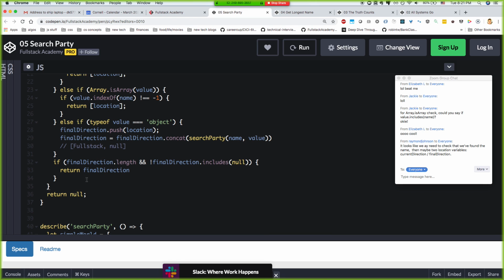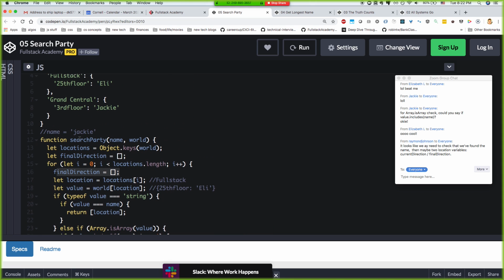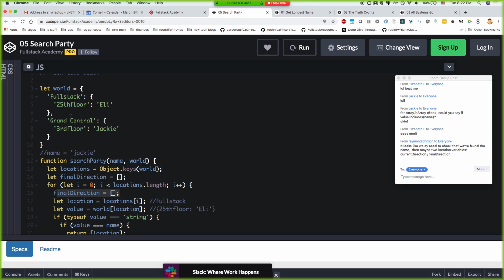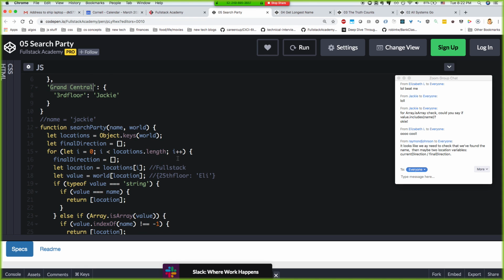But if this condition is not true, meaning that there is a null, meaning that was a fruitless search and there was no target in that particular object, then we just reset the final direction to be empty, because now we're coming back up and we need to reset everything because nothing's going to be related to full stack anymore. We're just searching Grand Central. And so now our final direction is an empty array, and then our location is going to be Grand Central, and